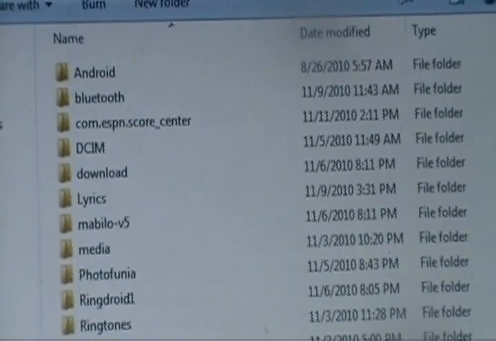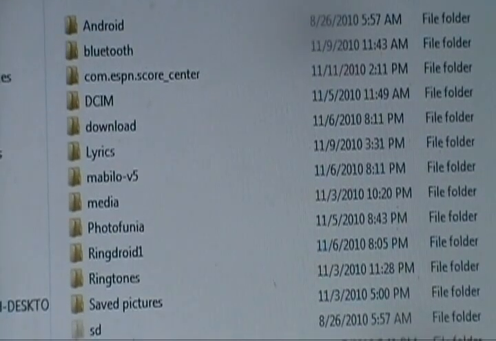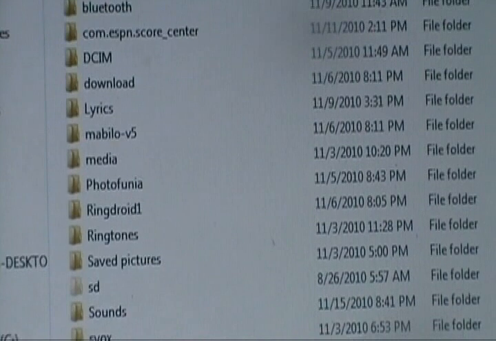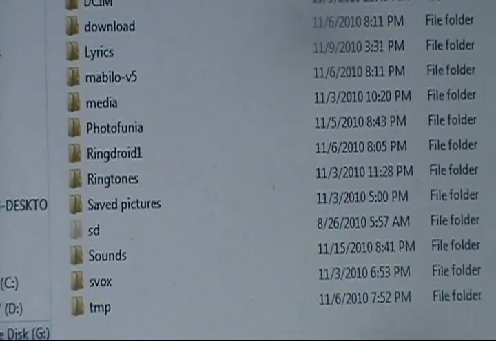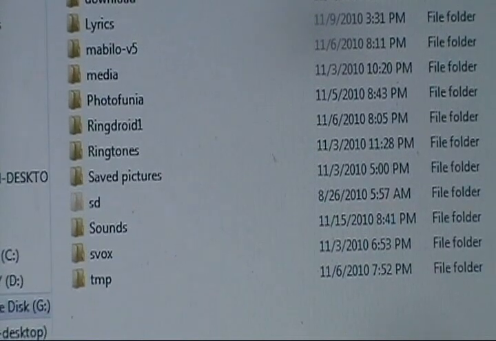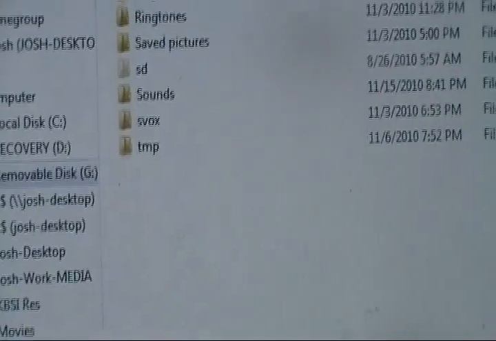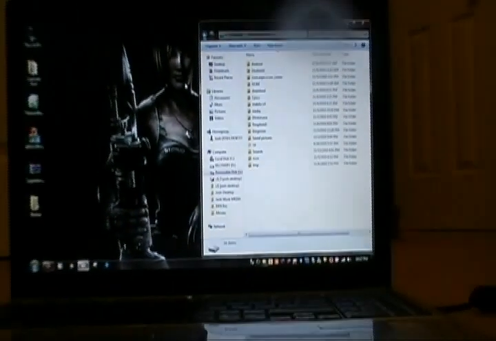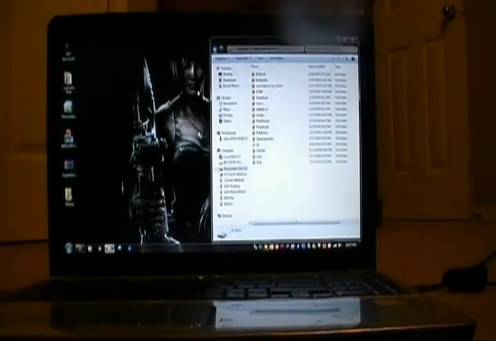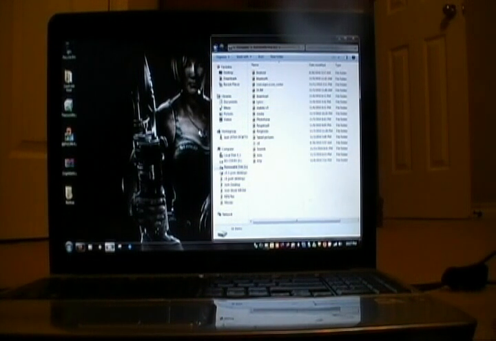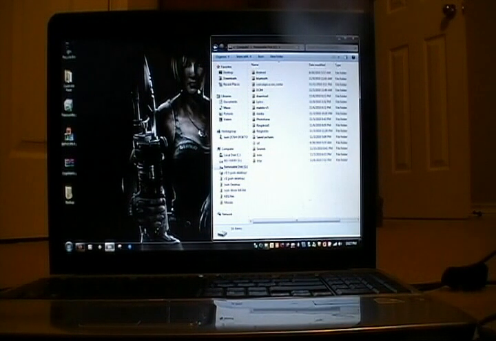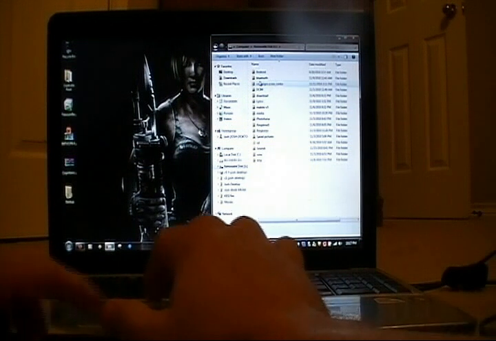We chose files such as DCIM, which holds pictures and videos, Download, which holds anything you've downloaded off the net or web, and some other folders like Mobile, ringtone, applications, and some things like that. Copy those to the backup folder that you just created. Okay, once you have done that, you can go ahead and